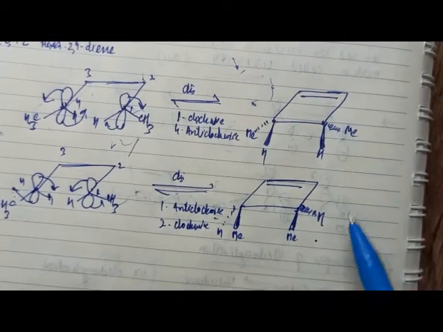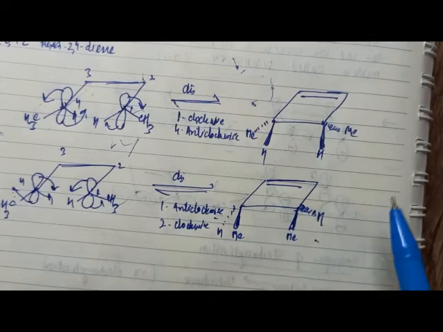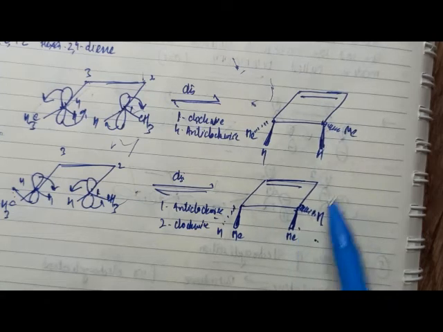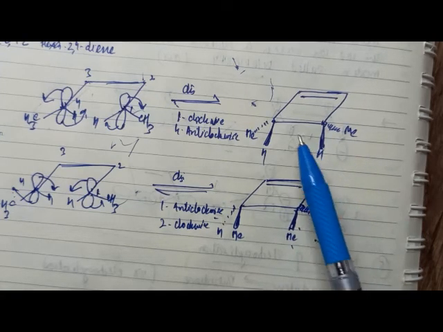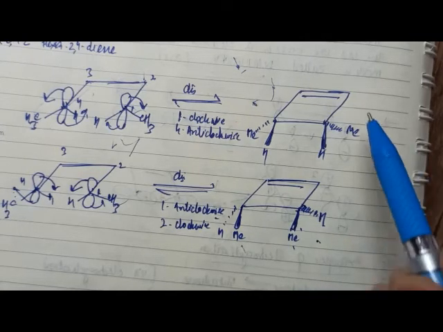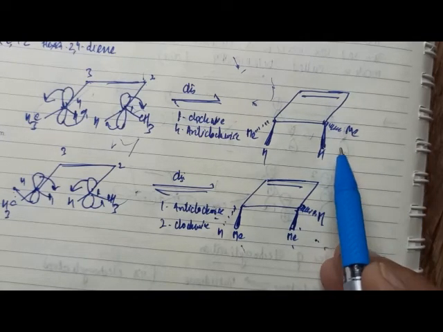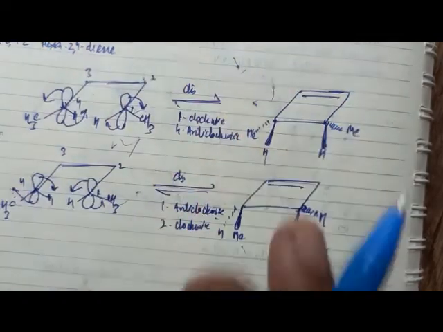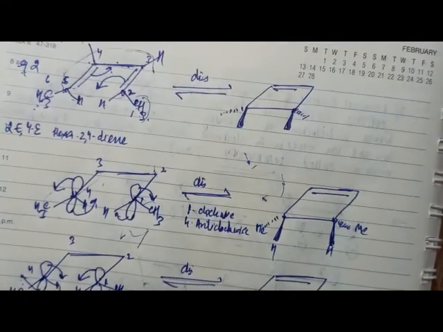In fact, if you look at these two molecules, these are enantiomeric in nature. Here it is below, here it is above, here it is below, here it is above. So these are enantiomeric in nature. We would have two product formations here, one in which both methyls are below the plane, one in which both methyls are above the plane, and this mode of closure is disrotatory. See how we write the product.